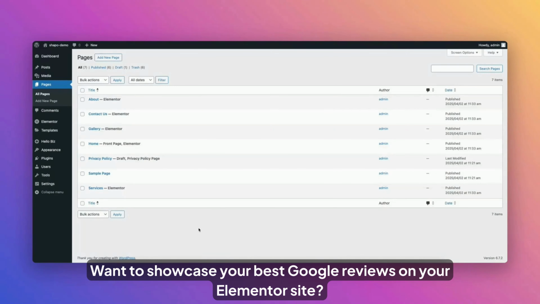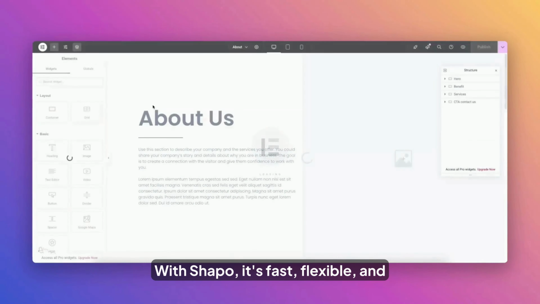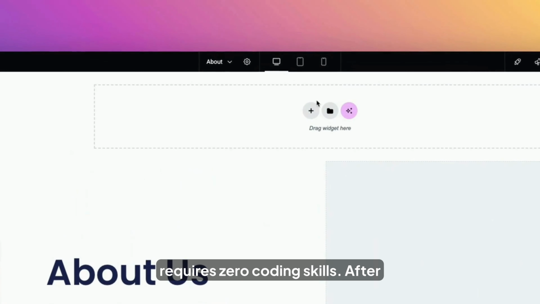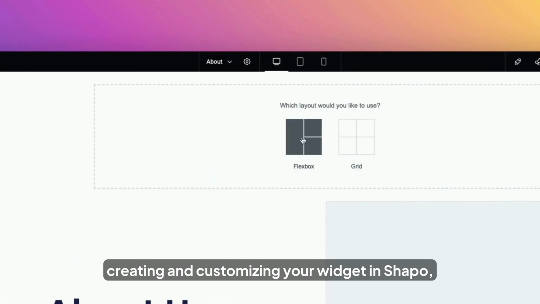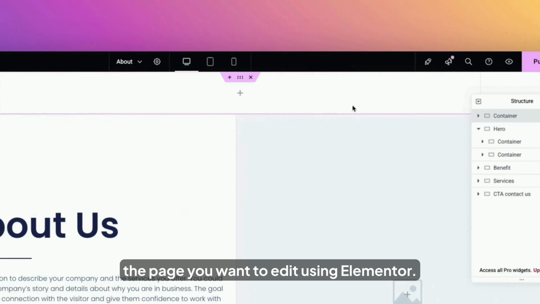Want to showcase your best Google reviews on your Elementor site? With Shapo, it's fast, flexible, and requires zero coding skills. After creating and customizing your widget in Shapo, head over to your WordPress dashboard and open the page you want